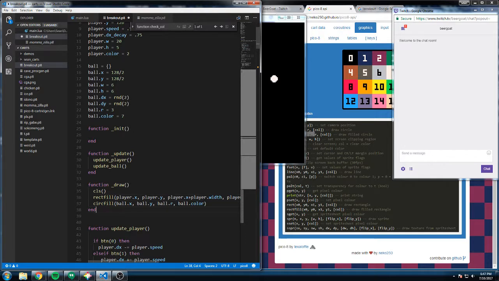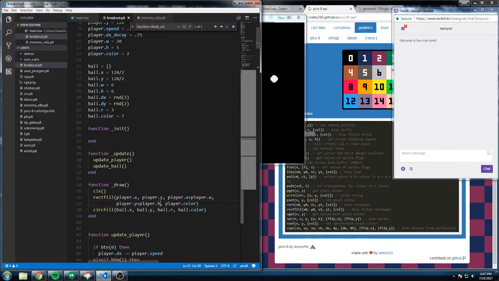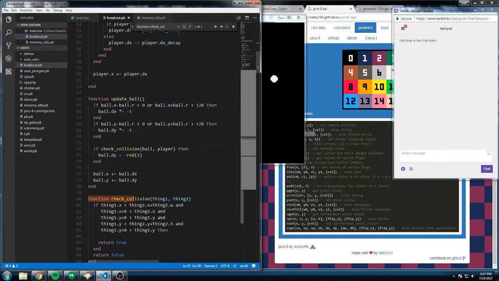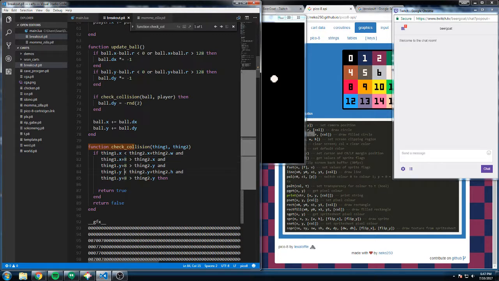So I gotta update this because we're no longer calling this width. It's called W. This is H. Okay, make that look a little nicer. This is cheesy. I don't think this is gonna work, but